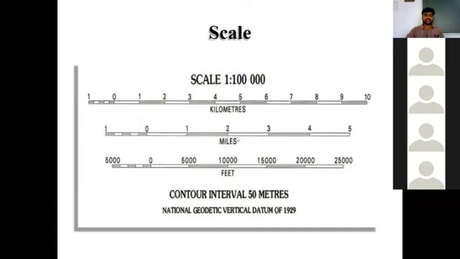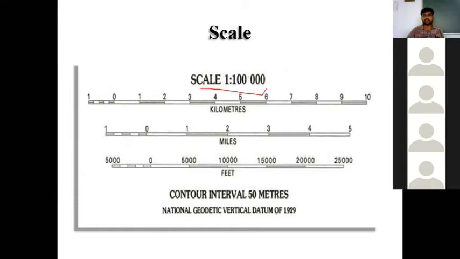Scales in kilometers, scales in miles, scales in feet. So these are the scales available in the market. We can have the direct scale, or else you have to draw on a sheet of paper, marking 1 centimeter, 2 centimeter, like that. So 1 centimeter is equal to 1 kilometer, or 1 centimeter is equal to 1 mile, or 1 centimeter is equal to 1 foot. How this value came, that thing we're going to study now.